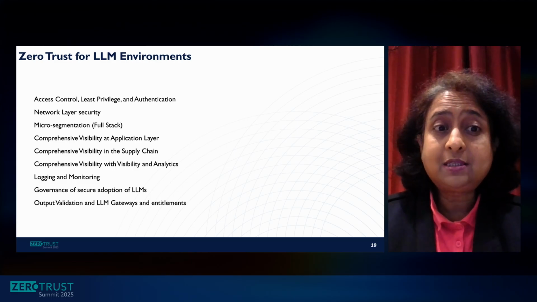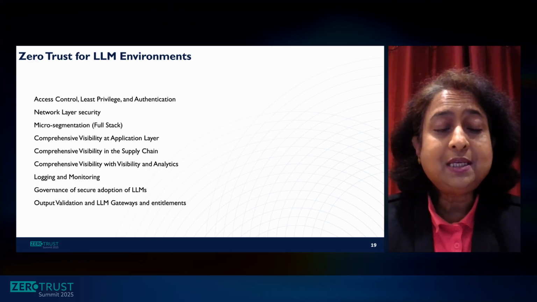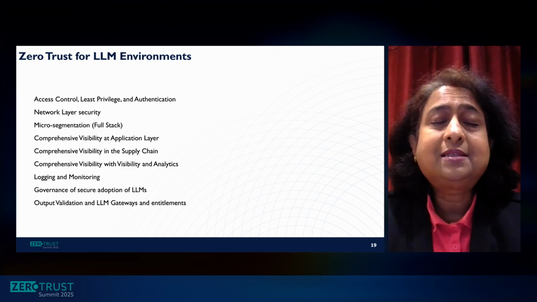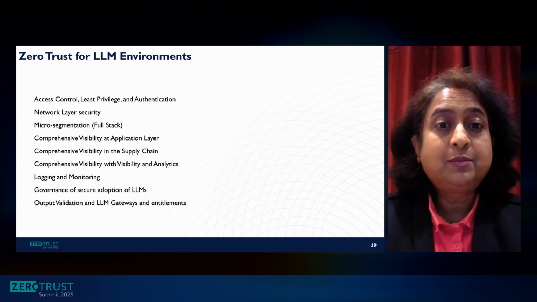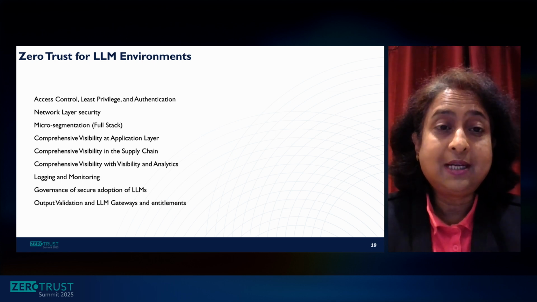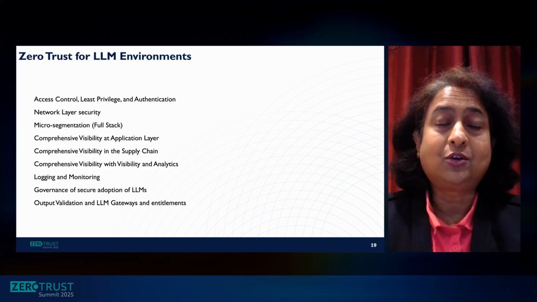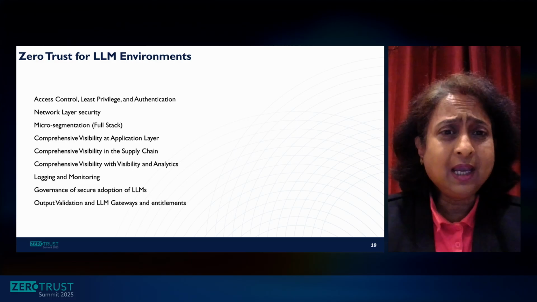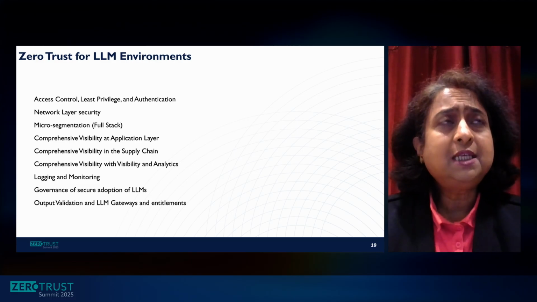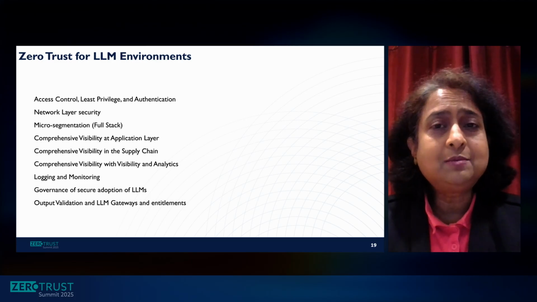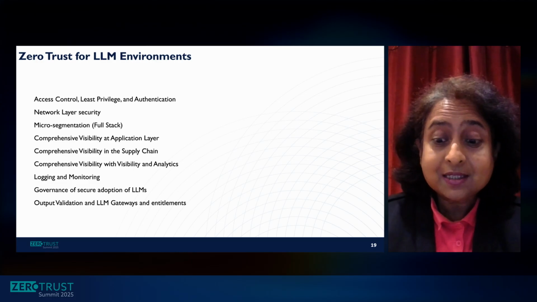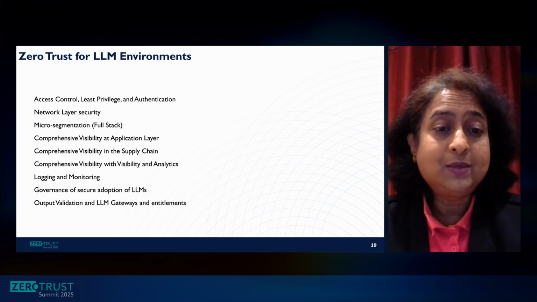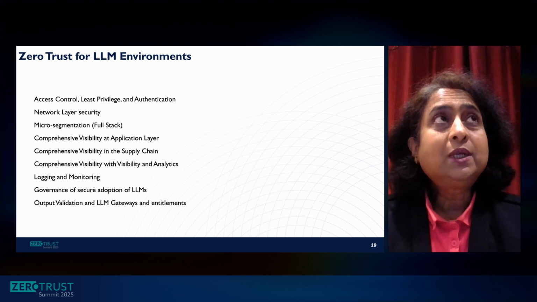Then achieving comprehensive visibility at the application layer by making sure that you scan. This is more of an activity to be done by the organizations that source models. But of course, there's nothing stopping organizations that consume models from making sure that their code behaves as expected, and that proper supply chain risk assessment is conducted to look for poisoned models when sourcing models, or when sourcing models with training data, to make sure that they are not poisoned or malicious. And then there is another one, comprehensive visibility with visibility and analytics, where one can actually monitor